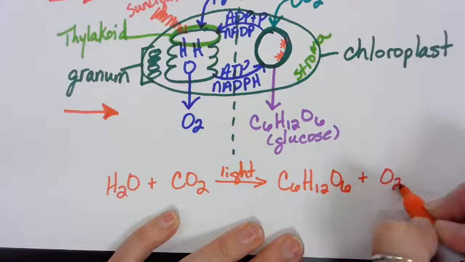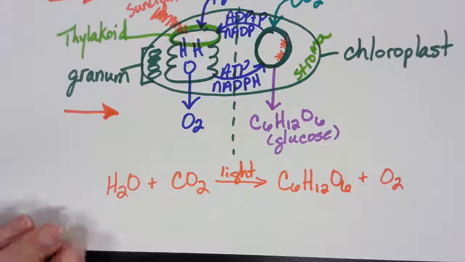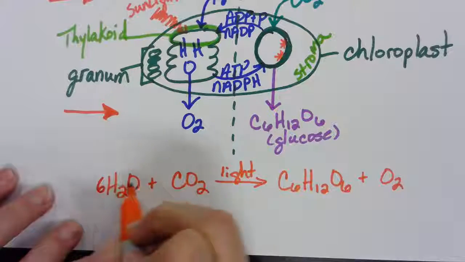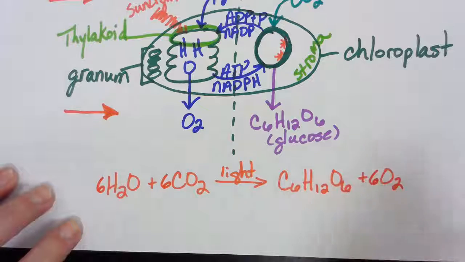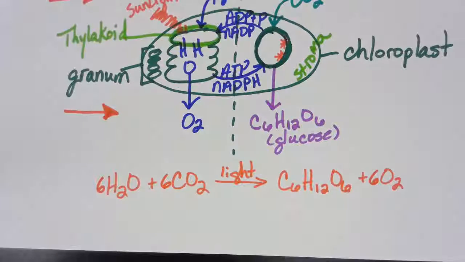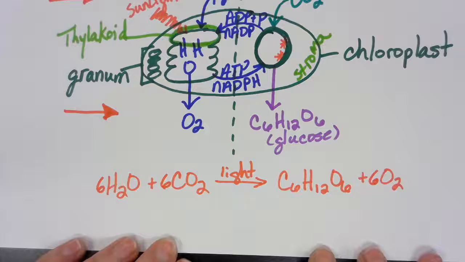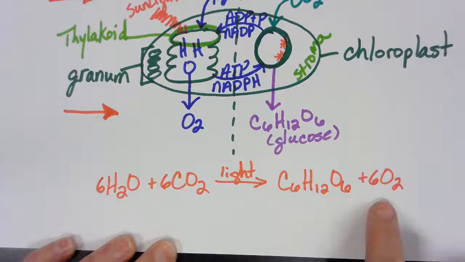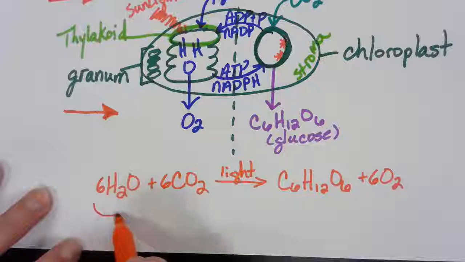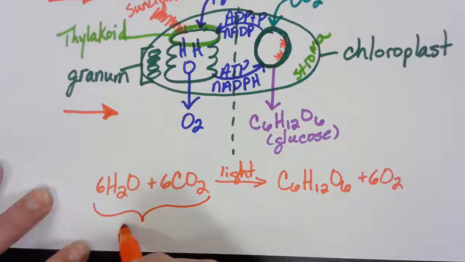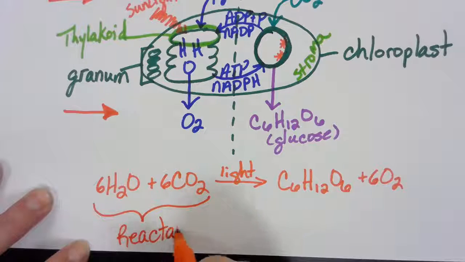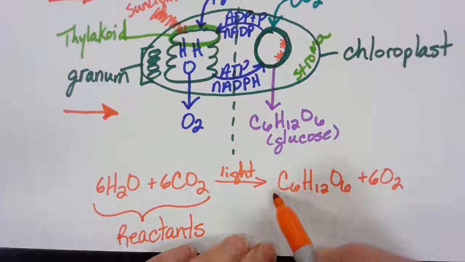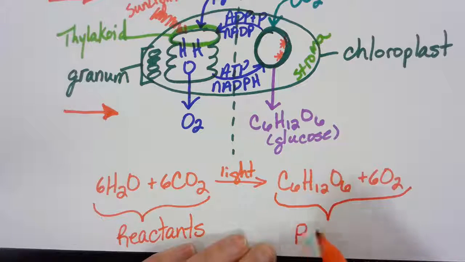and oxygen is produced. Now, just remember, like I said in class, just to make this a balanced equation, we're going ahead and putting a 6 in front of everything but the glucose. So this is the balanced equation for photosynthesis. Here's water, carbon dioxide, our sugar, and our oxygen. Like before, here are the reactants, the things going in, and here are the products,